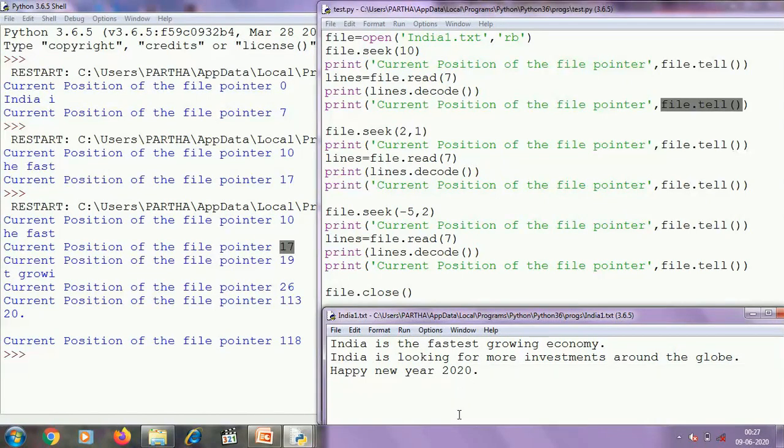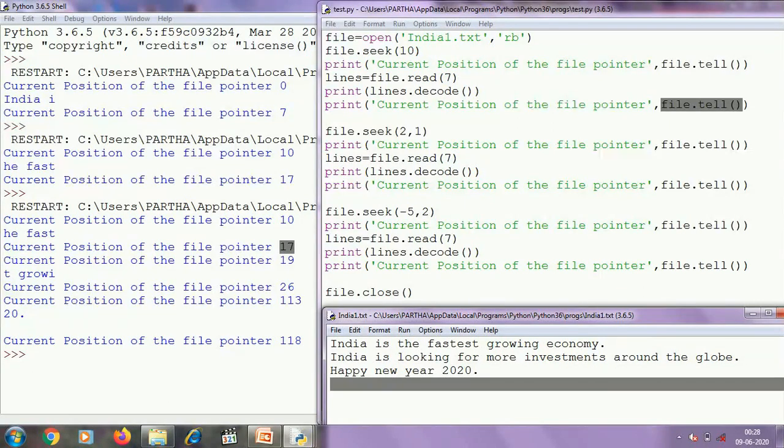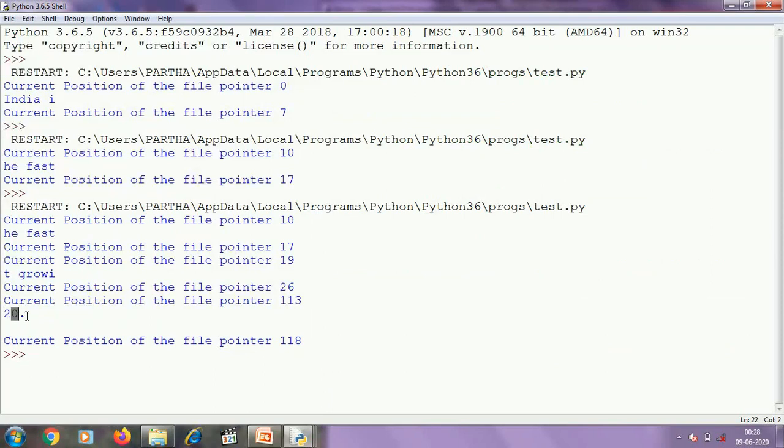So this is the 1st byte, this is the 2nd, this is the 3rd, the new line is the 4th, and this is the 5th. And after that there is no byte, so it is printing 20. then a new line, and for the new line the cursor is going to the next line, and you can see the position of the file pointer.